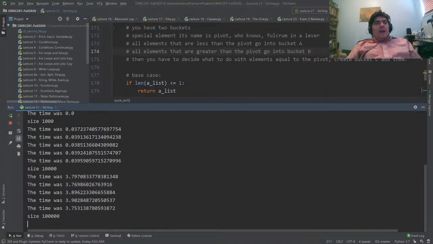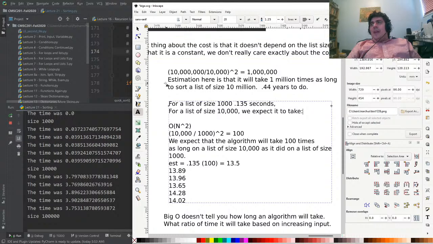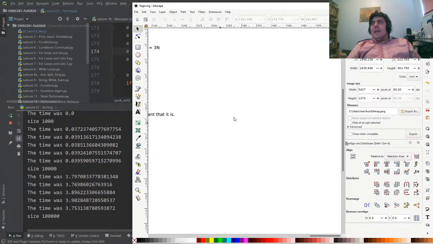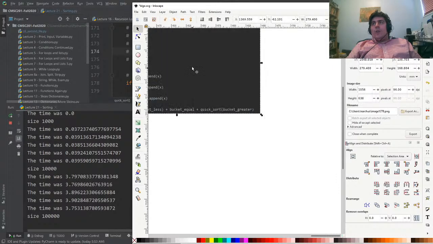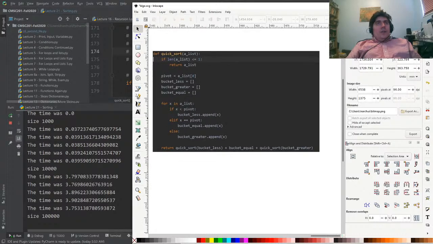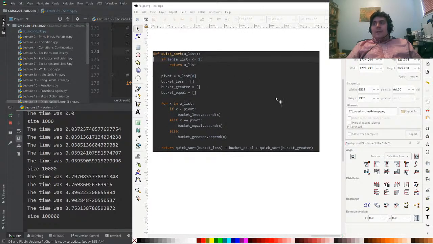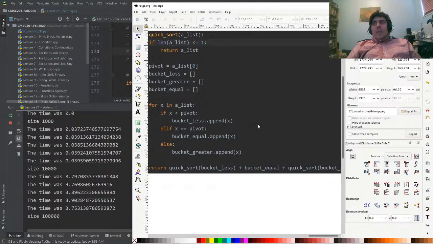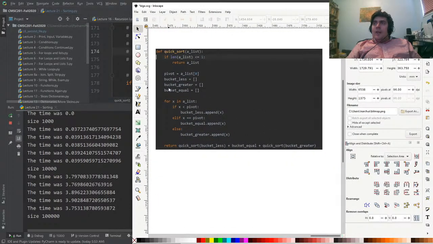So remember, we have to wait a while. So let's go back to our Inkscape and do some calculations for quicksort. Let me show you how a recursive function works. When you're calculating big O over a recursive function, you have to do something a little bit different than you do for the other sorts. Because here, you look at the thing and you ask what the costs of this function are. The cost of quicksort on size n is going to be equal to n plus